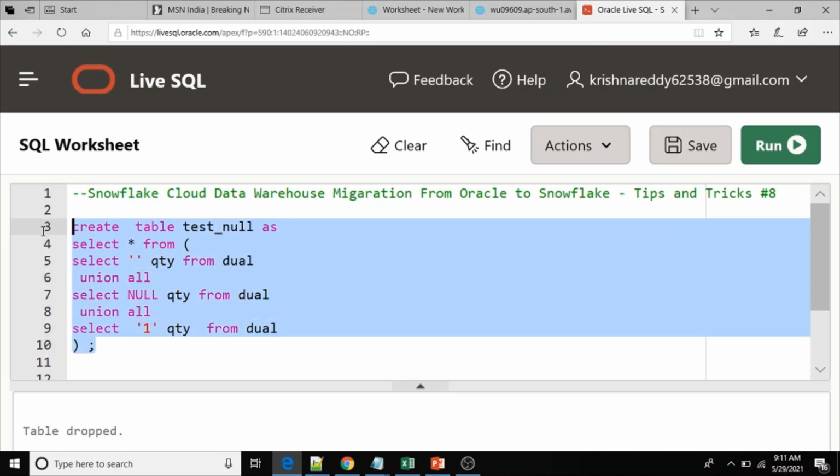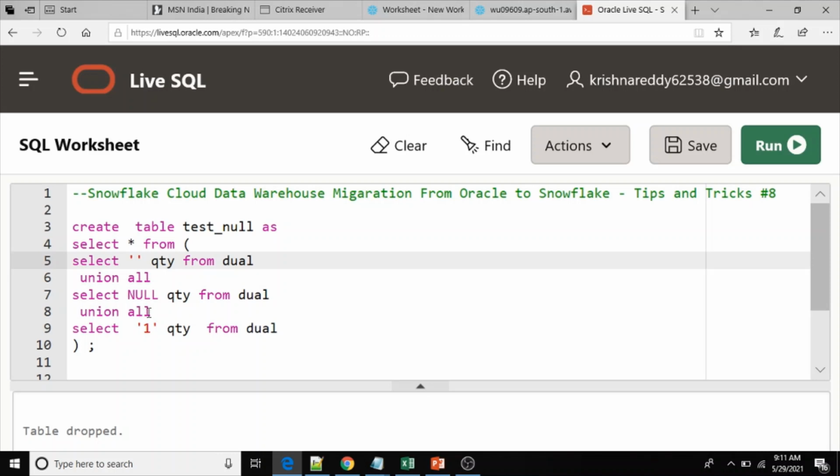Here I am going to create a table with three different hard coded values. Please note that in real time we may get the data in the form of files, or we may read the data from the Oracle database by using streams and load it into Snowflake. That would be a different case.